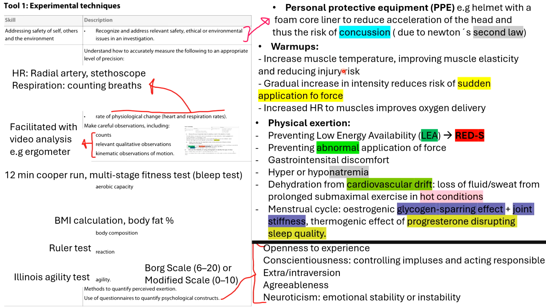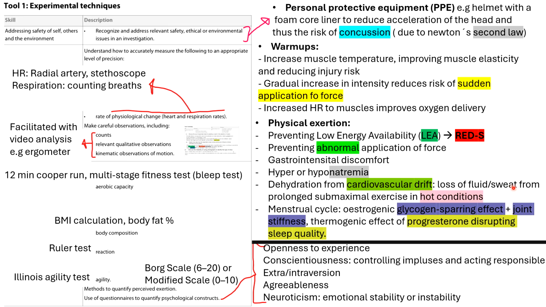So warming up increases muscle temperature, improving muscle elasticity, and reducing injury risk. The gradual increase in intensity reduces the risk of sudden application of force, which would be acute trauma, and increased heart rate to muscles improves the oxygen delivery to them. Or also preventing participants from exerting themselves too much, high exertion, so preventing low energy availability that when prolonged leads to RED-S, preventing abnormal application of force, gastrointestinal discomfort, hyper or hyponatremia related to sodium, preventing dehydration